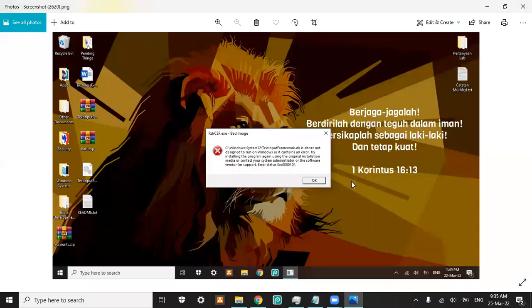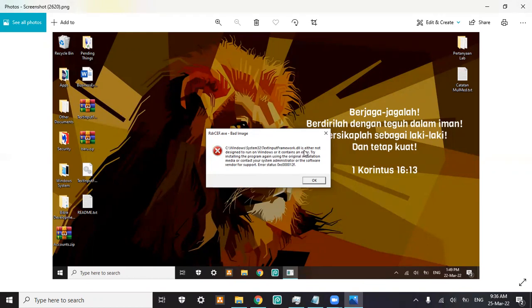Okay, hello guys. Today I want to tell you about the solution of .dll problems. Sometimes we might face this problem, something like this, that pops up on our PC or desktop when we want to open another program like Zoom, Line, or Word, or some application that we installed on our desktop.